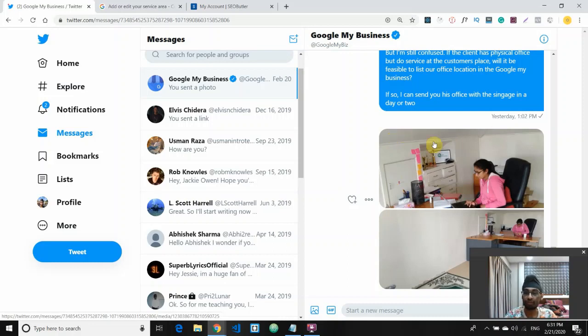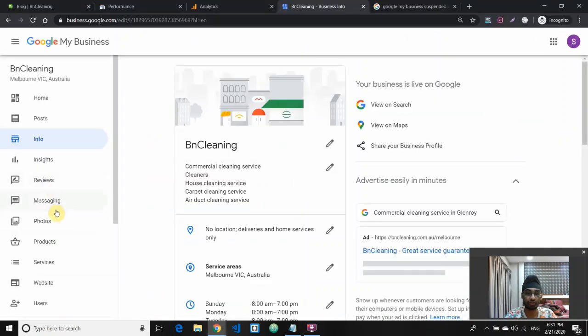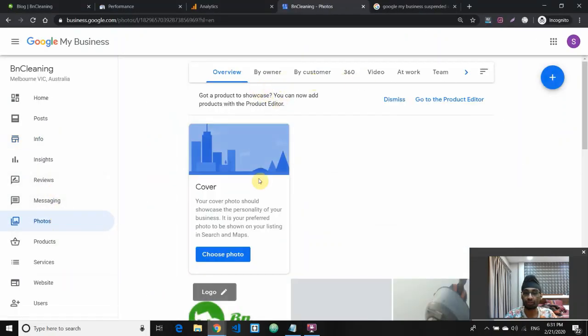So if this passes Max's policy or the Google My Business standard, what will happen is that our business will get raised. We will be 100% verified as a real legit business, and this will help us rank better in Google My Business. So make sure that you upload your office space or your storefront to Google My Business. There's a section here, you can easily go to the photos and go to the section where it says